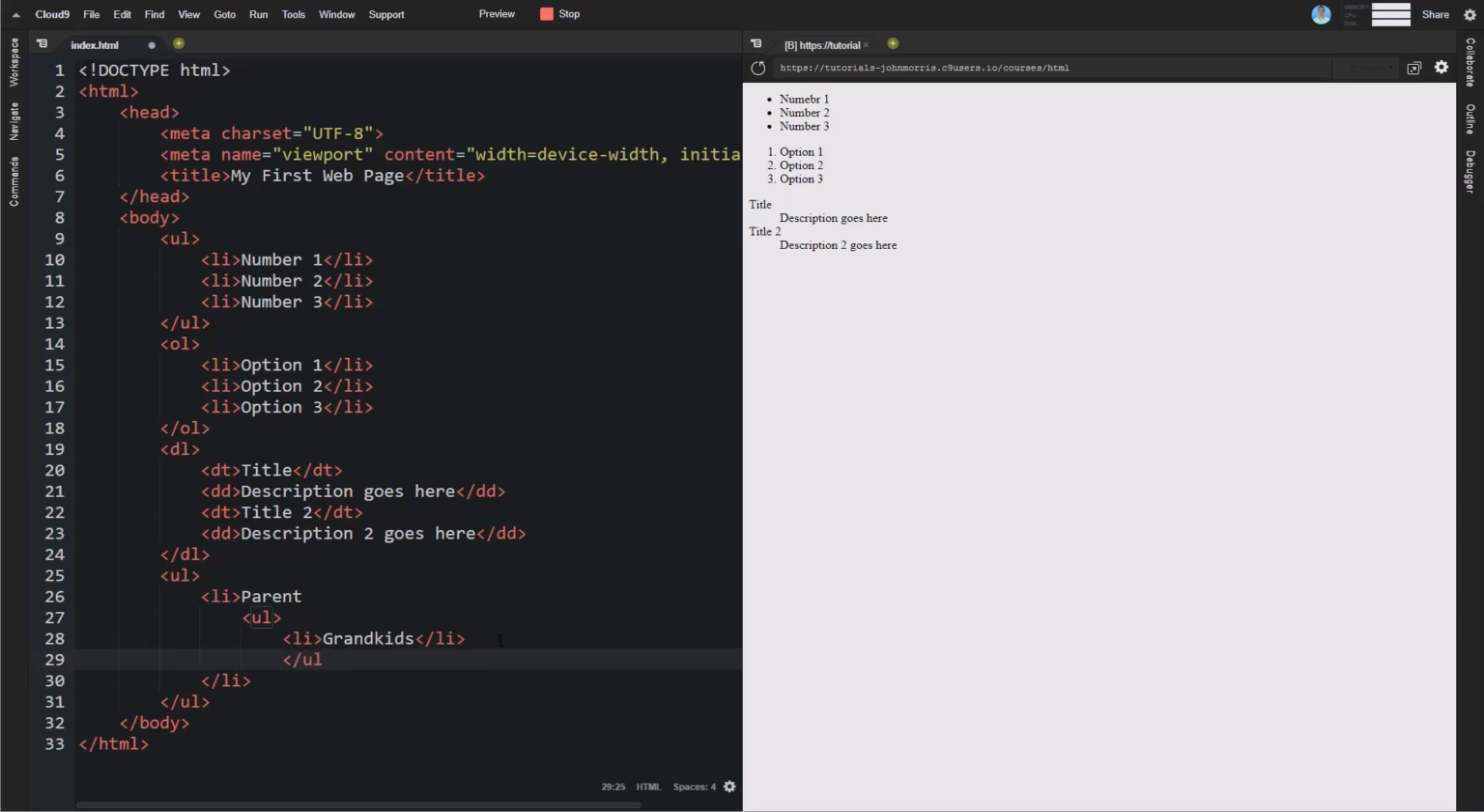Closing UL. All right. So what we have here is we have an unordered list. Inside of that, we have one list item right here. And then inside of that list item, we have another unordered list. And you can do this. This is valid sort of HTML. And if we take a look at that, that is how you get this extra indentation here